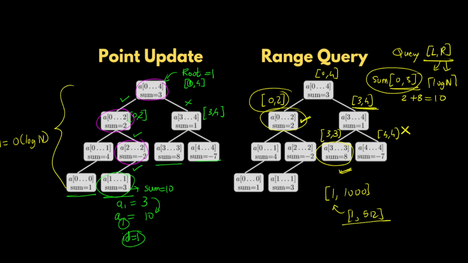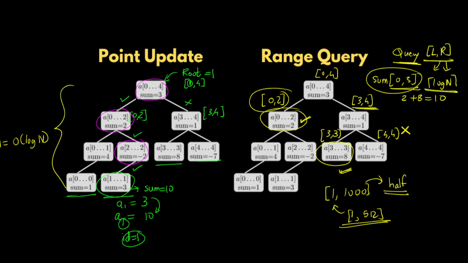So it would have been, let's say, 512. So this answer would already have been computed, and essentially we are dividing this range each time by half. Hence the total number of nodes from which we want to find out this sum for a given query range will be logarithmic,